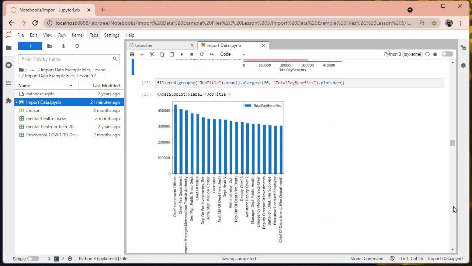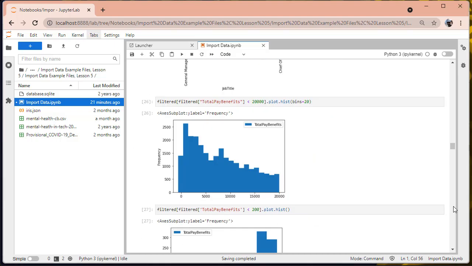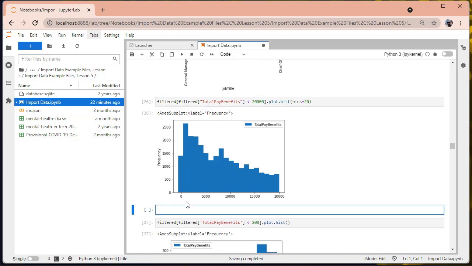Okay, let's continue. So we have more bar plots. And then here we have a histogram. So a histogram is a distribution plot. And so let's go ahead and look at